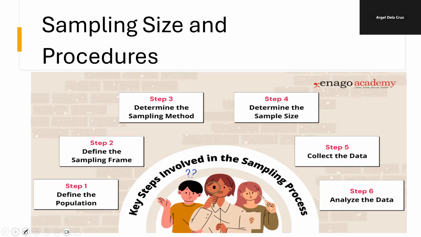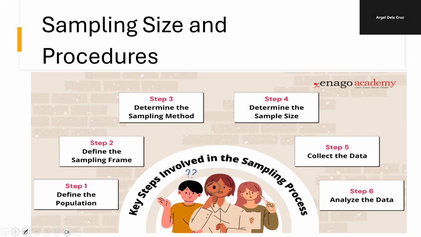Okay? So for some, are you going to consider visitors na first time? Or are you going to consider visitors na at least dapat twice nakapunta? There are some questions regarding that. Okay? So that is basically your sampling framework or your respondents' parameters or what we call sampling qualifications. Qualifications ng hinahanap mong sasagot or magpa-participate sa study. Next, determine the sampling method. So may mga sampling method tayo later. Okay?